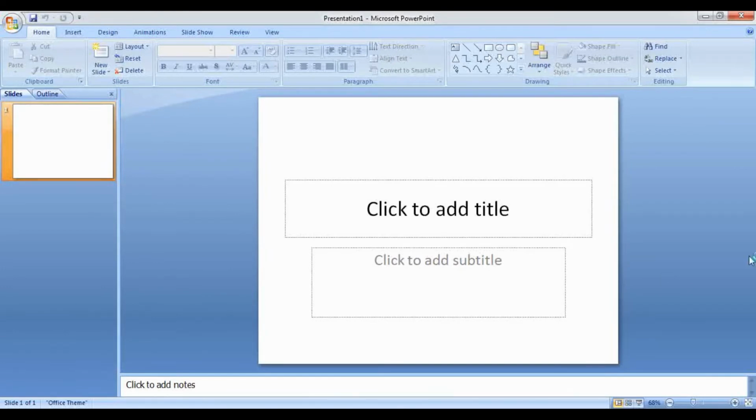This is the first screen you see. Now let us see what we get to see here. On the top we have the title bar, where the name of your PowerPoint presentation will be displayed. Right now I have not saved it with any customized name, so the default name that appears is Presentation 1. When I save my presentation and give it a name, the title will change to the name which I give. So for now it's the default name, Presentation 1.